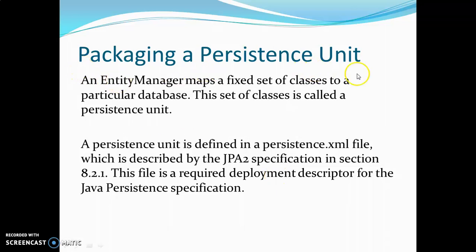So, packaging a persistence unit. After creating all the entity bean classes, we need to package them into a persistence unit. All the things we are making use of, the set of all the classes, is called a persistence unit. A persistence unit is defined inside the